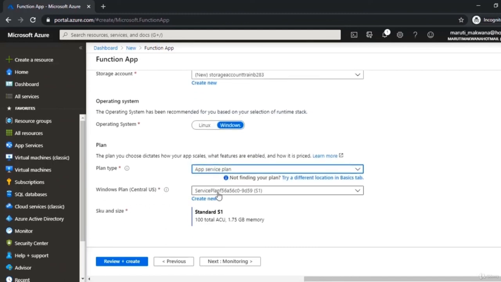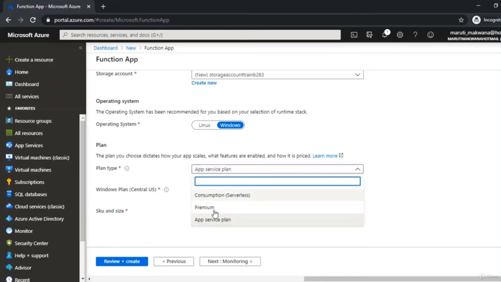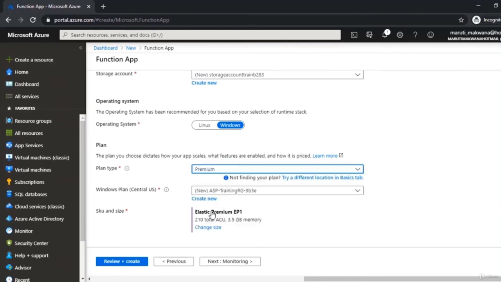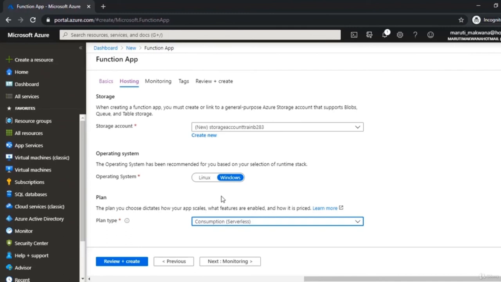And suppose if I go with app service plan, it's something like this, that if I have any existing app service plan, I can choose that thing, and in that case, because I'm already having an app service plan, technically function app will be free because it's not going to cost me anything extra even if I run functions inside that. If you want to go with the premium one and you want really high compute with this, you can go with the premium and you can choose a dedicated compute for your function app. But in my case, I'm choosing consumption so that it's going to be based on the execution.